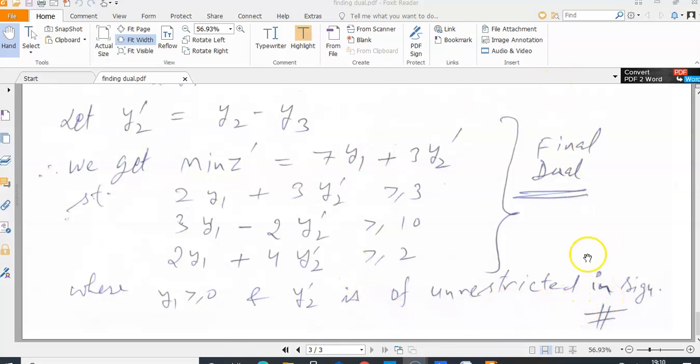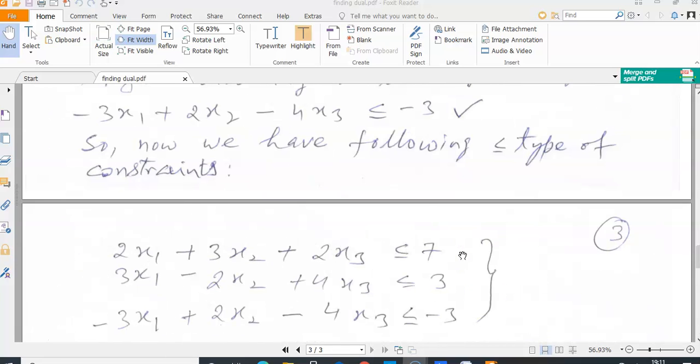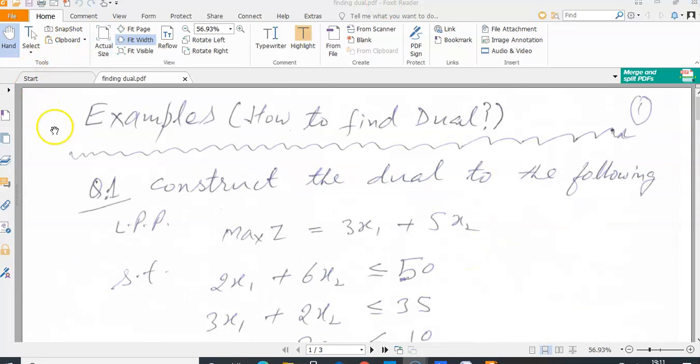And there is a theorem of duality also, which states that if the ith constraint is of equal to type, then the ith dual variable will be unrestricted in sign. So in the same problem, the second constraint was of equal to type, and hence the second dual variable y2 dash is unrestricted in sign. This is how we handle all these mixed kinds of constraints and various variations. So we learned in this small lecture how to find